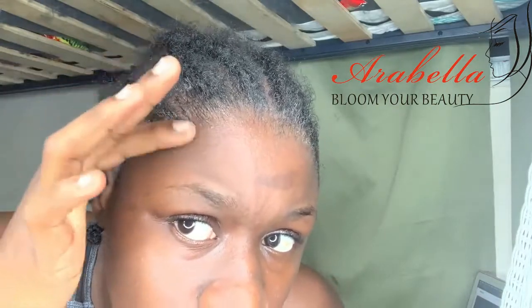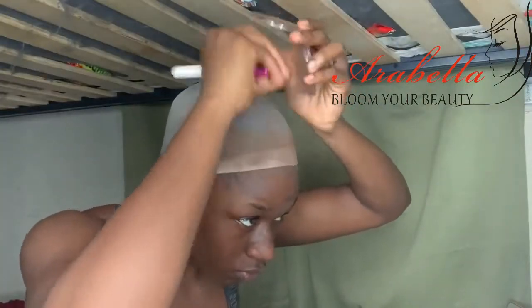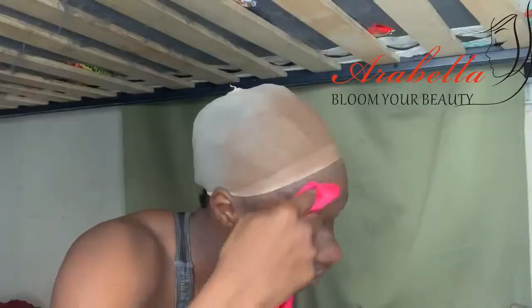And look at here, this thing worked good. So because I did not have a ball cap that matched my skin tone, I decided to just put on a regular one, and I put my foundation on top of it. Period. After putting on my ball cap, I went ahead and took my alcohol and wiped off the grease